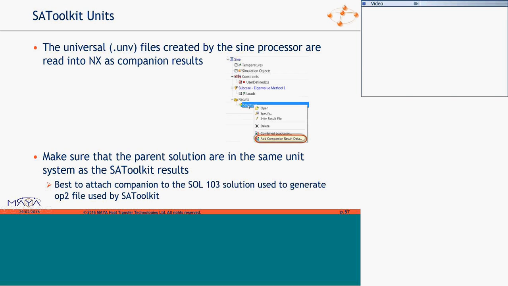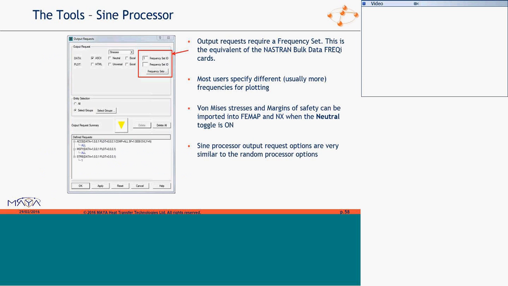All right. You have a solution. You can add companion results, which are essentially results that can be generated from a SAT. They're essentially lumped into the main solution results. So when you attach those, make sure you're attaching them to the same solution that you've used to write your Sol 103.